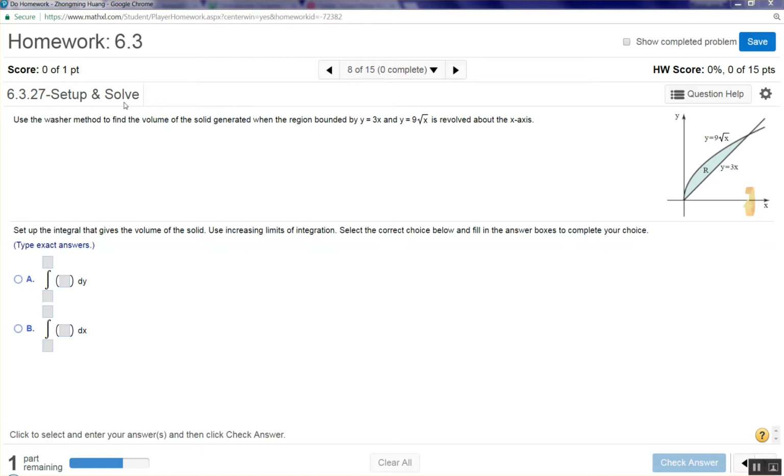Hi, this is Dr. Huan. Now let's take a look at this homework problem. We need to find the volume of the solid generated when the region bounded by these two functions is revolved about the x-axis. And the graph of this function is given here. In order for us to determine the correct method,